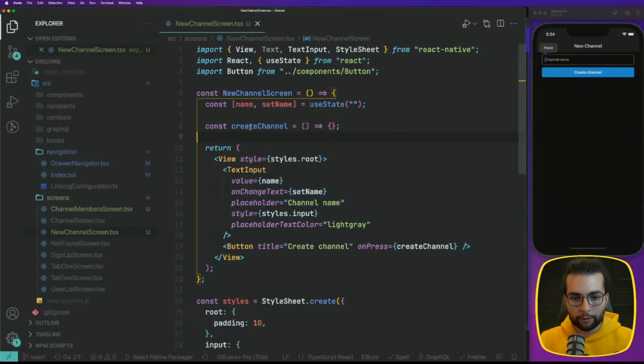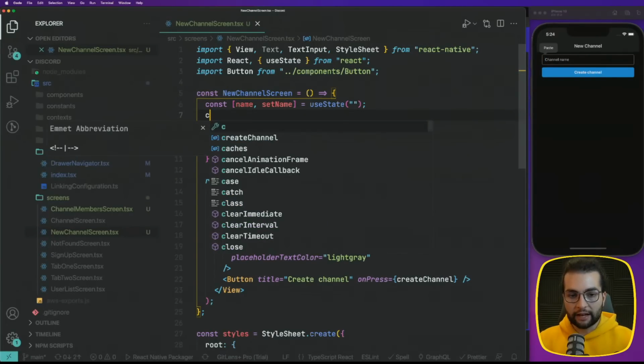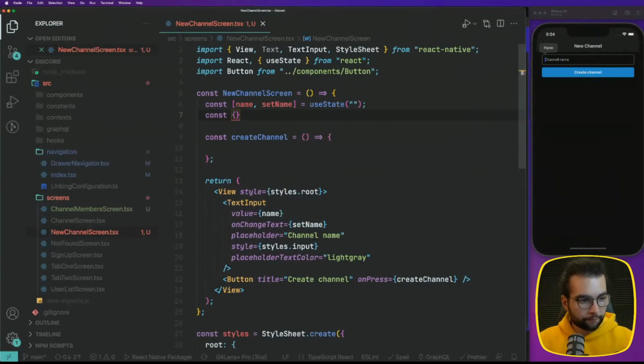So what should happen when we press create channel? We should create a channel, of course. To do that, we're gonna need the client. So the client,